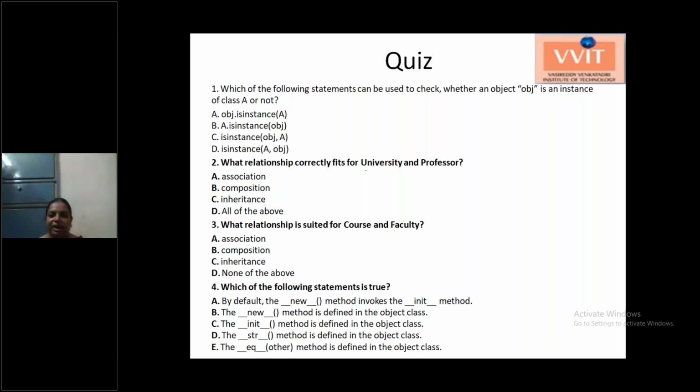Next, the second one is: what relationship correctly fits for university and professor? And what relationship is suited for course and faculty? And which of the following statements is true?